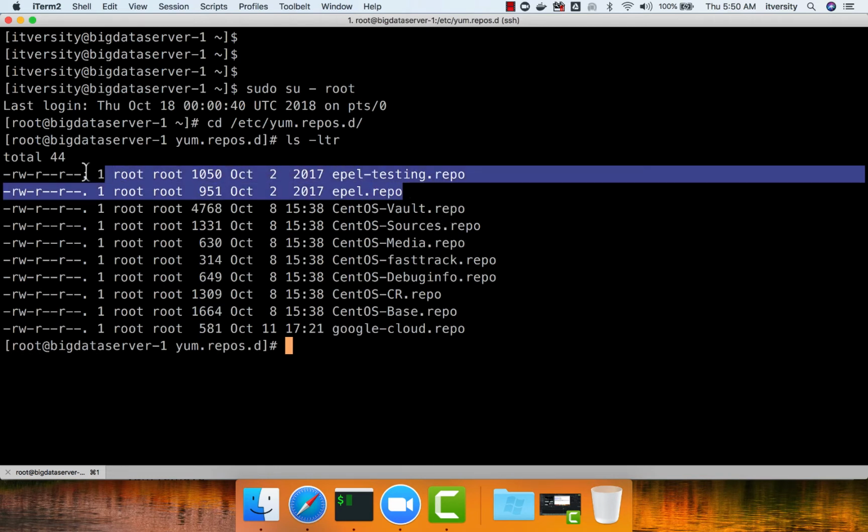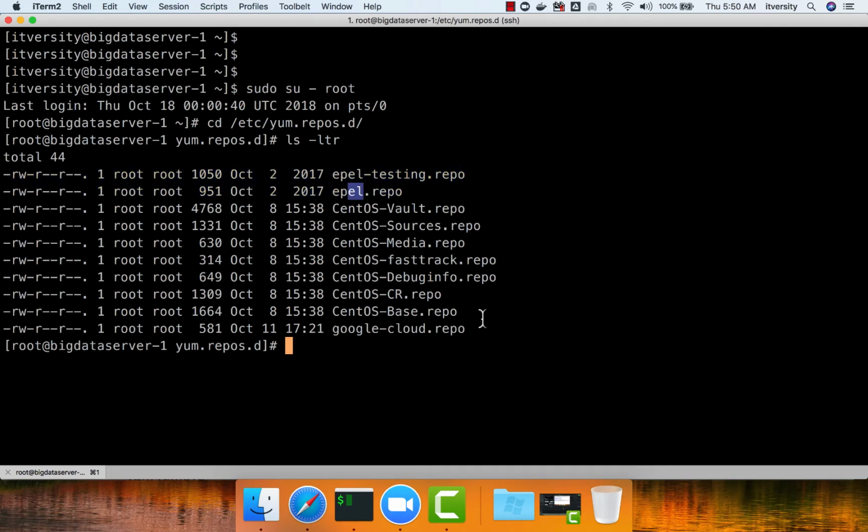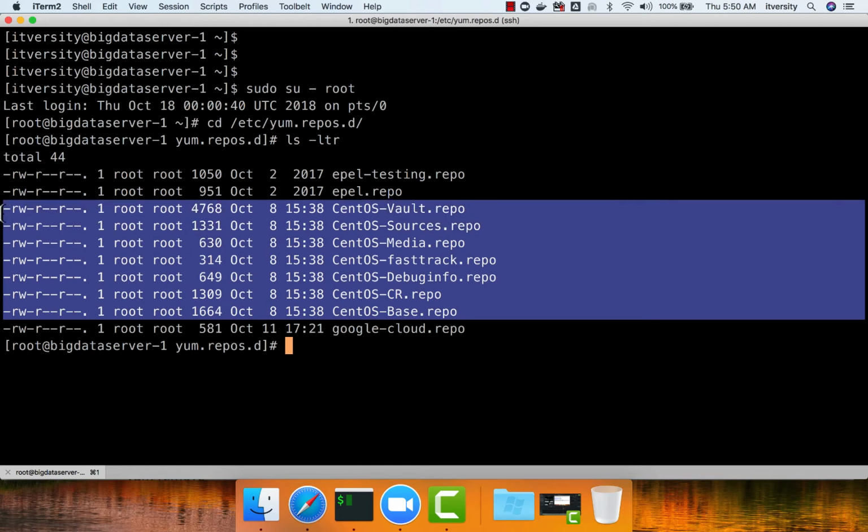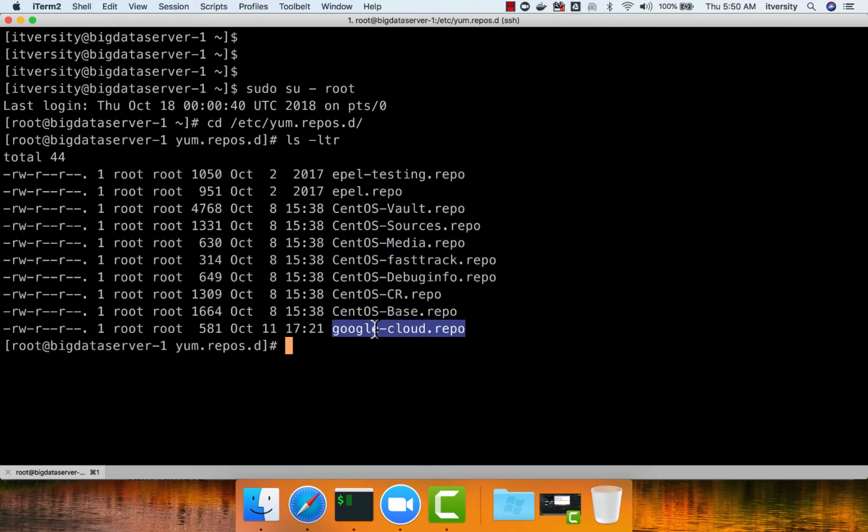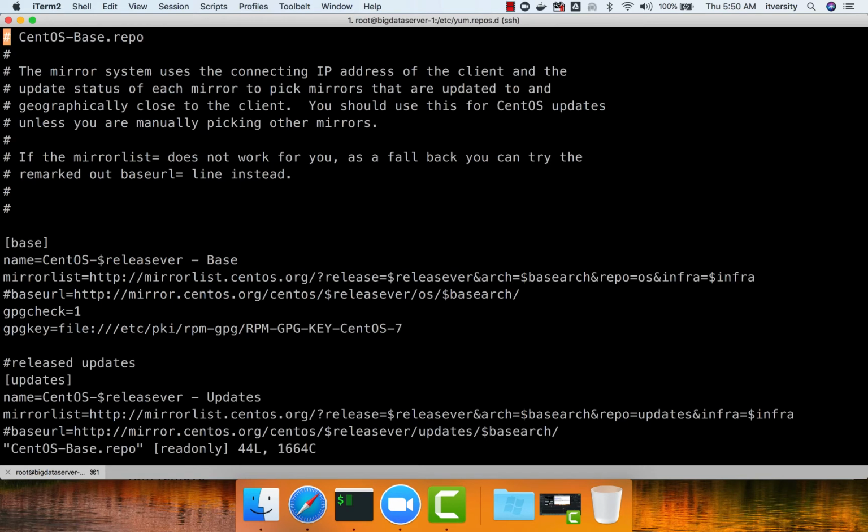These two are related to Enterprise Linux. EL in the name stands for Enterprise Linux. These are CentOS repositories, and this is the Google Cloud repository because we have provisioned these servers from Google Cloud Platform. If you open one of the CentOS repositories, which is CentOS-Base.repo, you can see